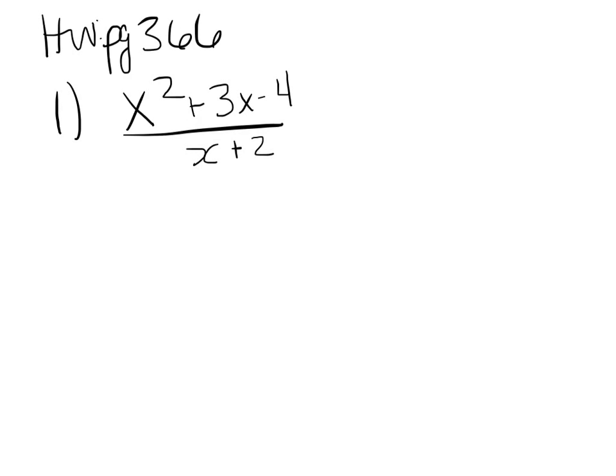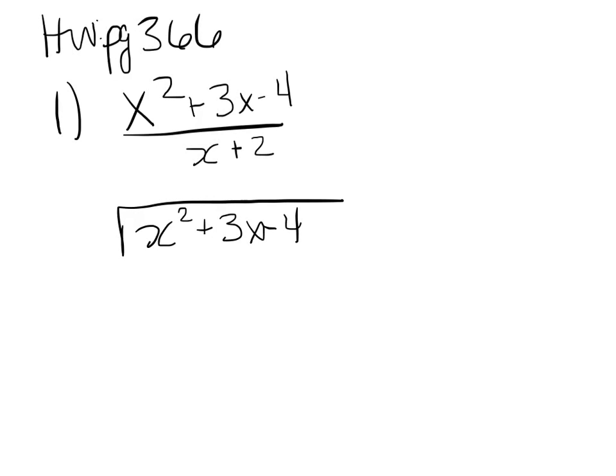Okay, let me start this homework for you in case you need a little extra help. It's page 366. I'm going to start with number 1. We're doing this long division with polynomials. So when I see x squared plus 3x minus 4 being divided by, that's what a fraction bar can be read as, divided by x plus 2, I'm going to rewrite it